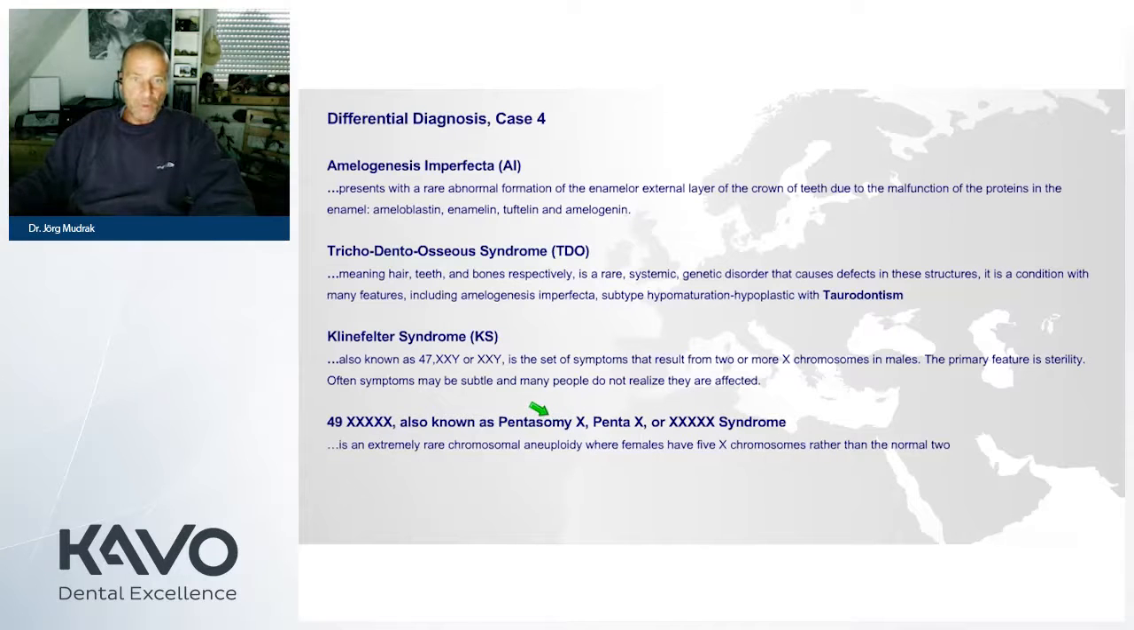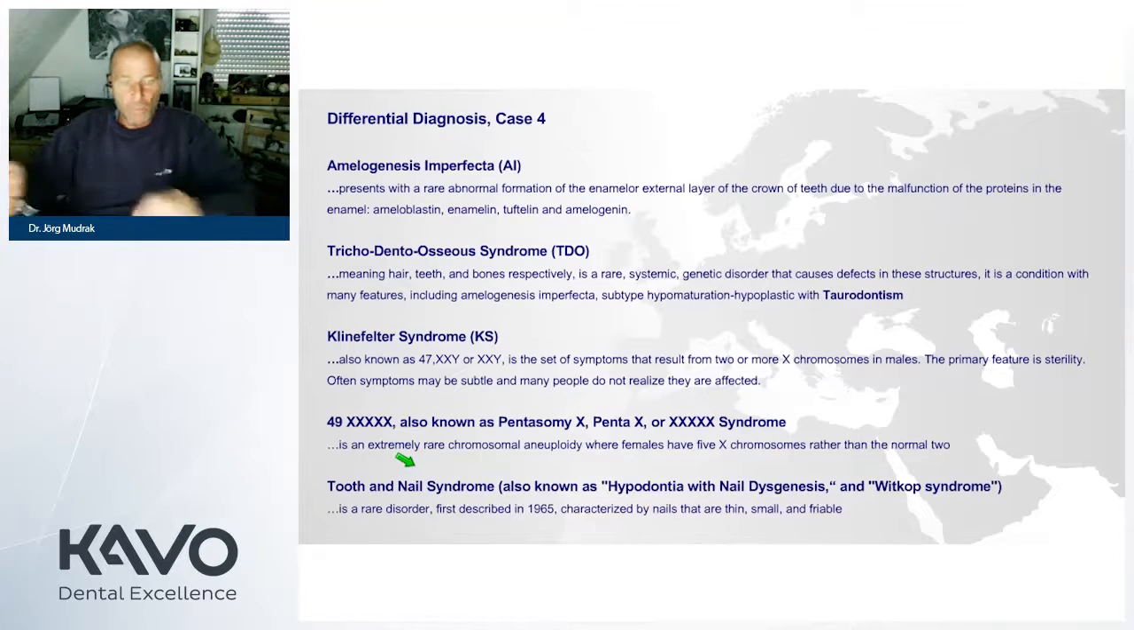And we have the so-called pentasomy X, penta-X or 5X syndrome. This is extremely rare. It's a chromosomal aneuploidy where females have 5 X chromosomes rather than the normal 2. So you see there is much more which can be related to one more or less, in parentheses, simple diagnosis. So we have always to look a little bit further than just